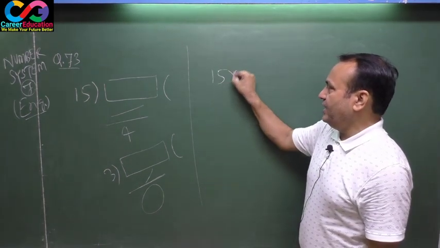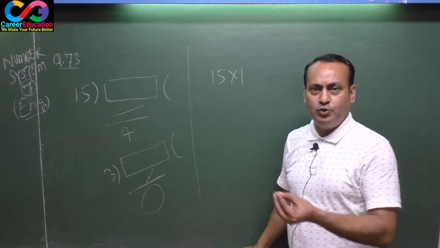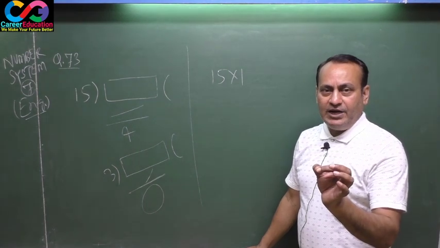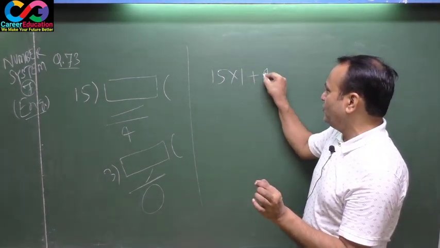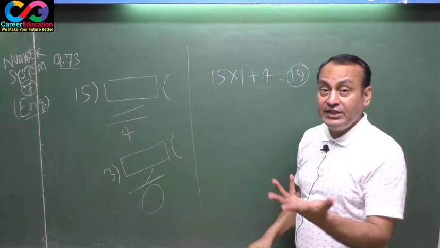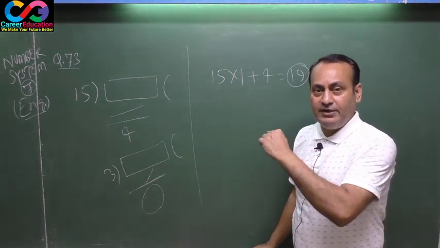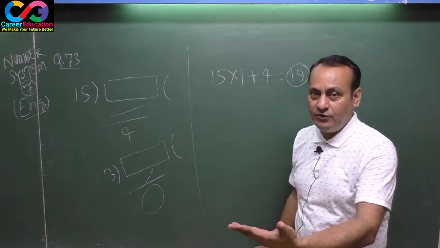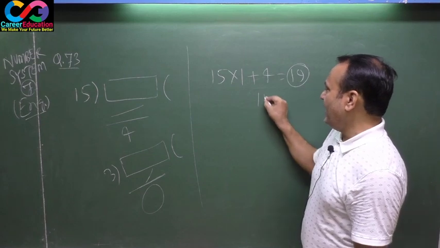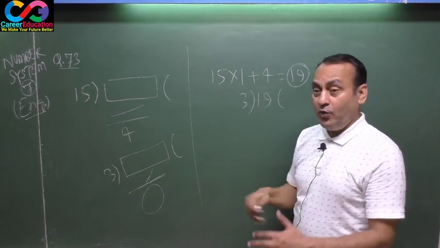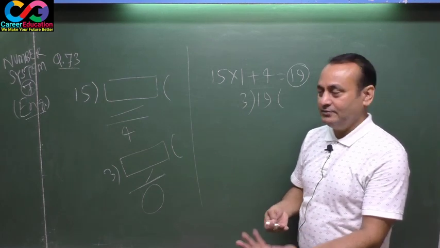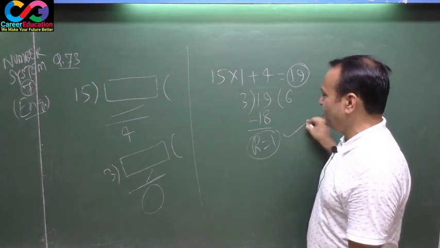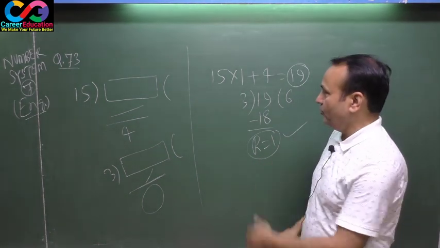Whenever a number is divided by 15, the quotient may be 1, 2, 3, 4, 5, 6 and so on. A number is divided by 15, the quotient is 1, the remainder is 4, so your number must be 19. 19 is such a number that, when divided by 15, gives remainder 4. Now the question says, if 19 is divided by 3, what will be the remainder? 3 sixes are 18 and the remainder is 1 here. This is your answer. Exactly the same answer came here. Note down.